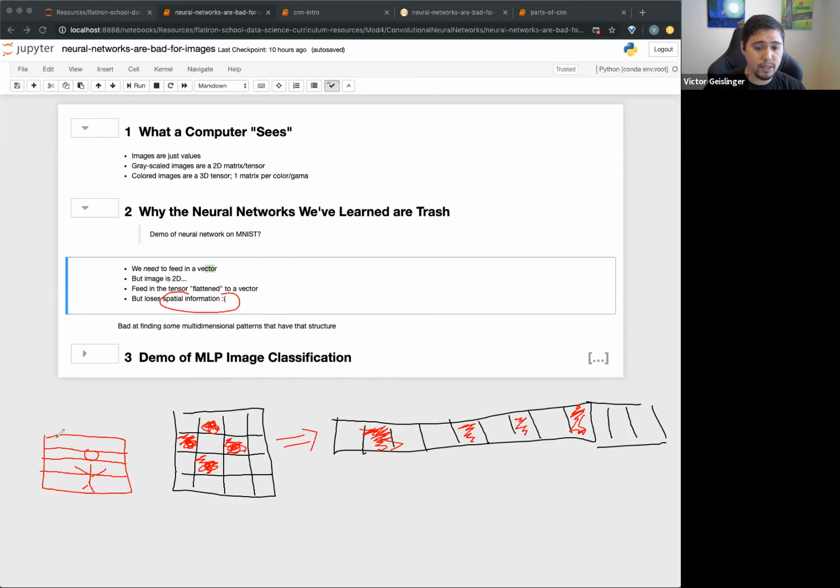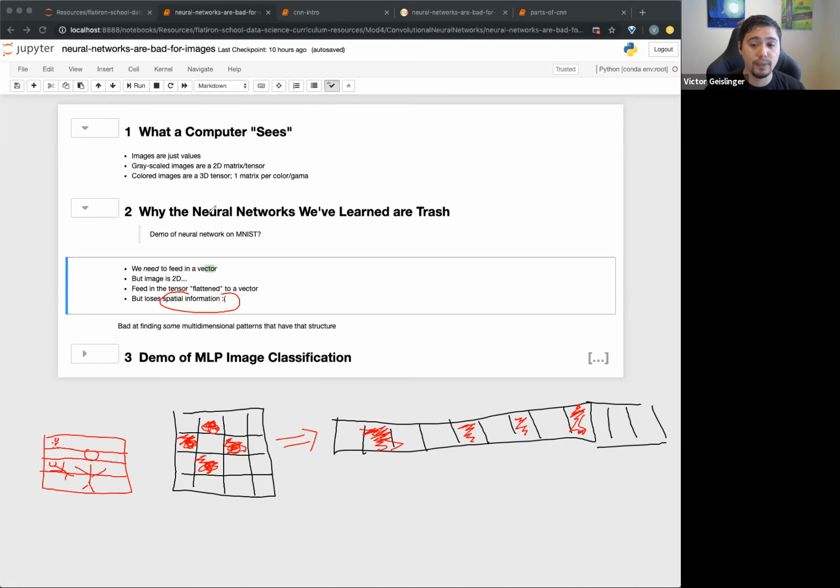But imagine if the person is really small, like someone in the distance, or sideways, or off in the left or right corner. It's not really clear, because those pixel parts are not kept together. They get spread out as we make our vector to feed into our traditional MLP